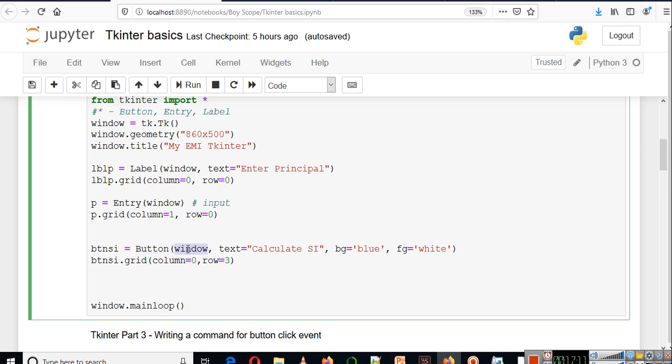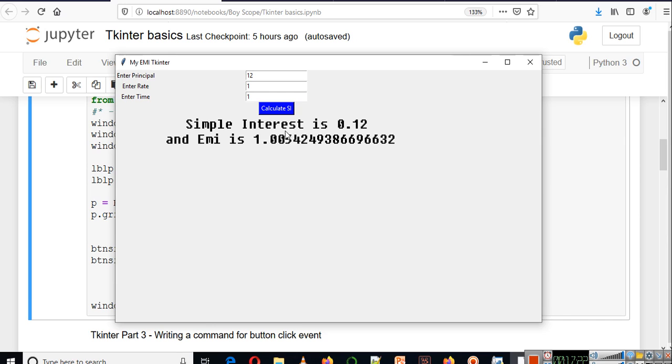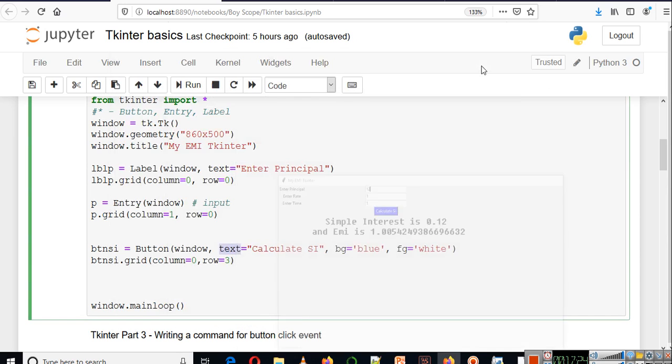First is the window in which this button will be created. Second is the text that will be displayed on this button, so you can see we are displaying the text Calculate SI. You can display any text here.